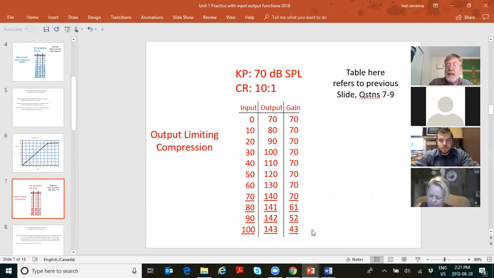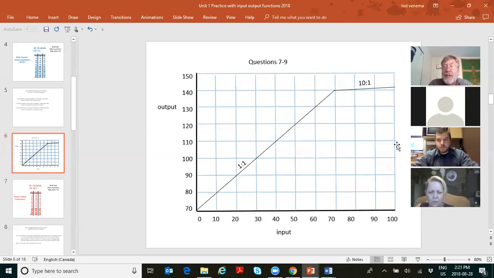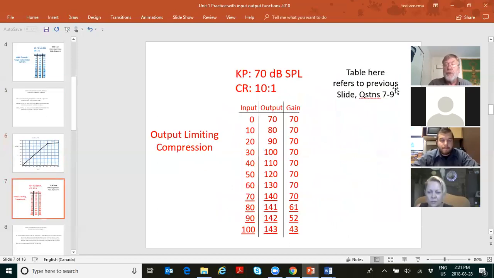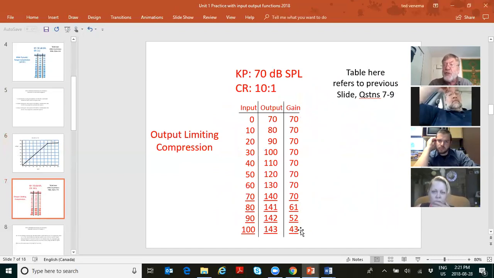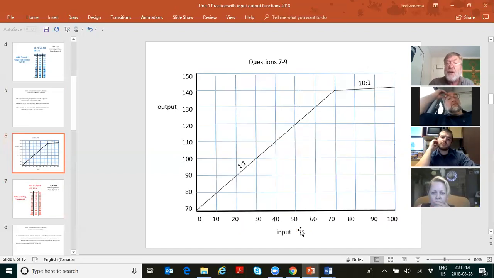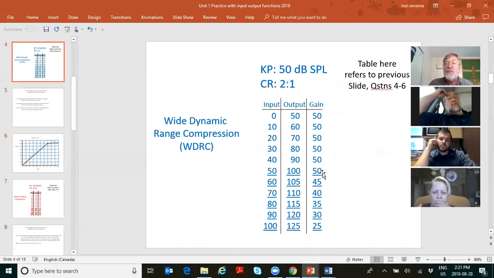And the next one: 100 in was 143 out. So 143 out minus 100 in, a gain of 43. So you can see here my gain was 70, 70, 70, and all of a sudden, the brakes put on. Bam, bam, bam. Look at how much the gain is reduced quickly here